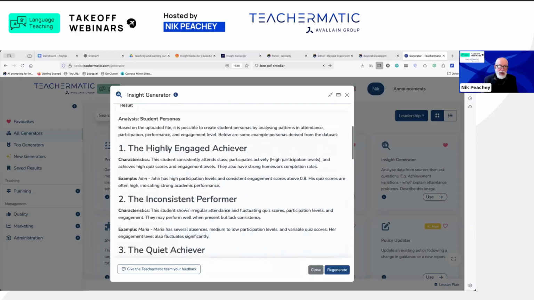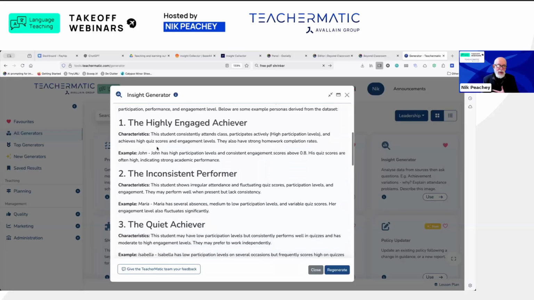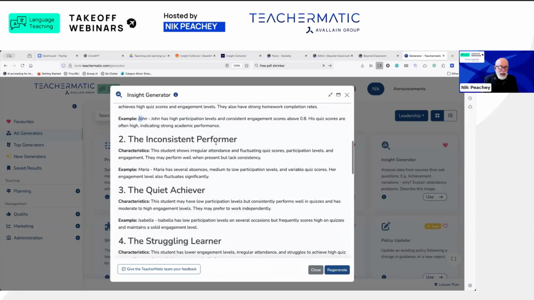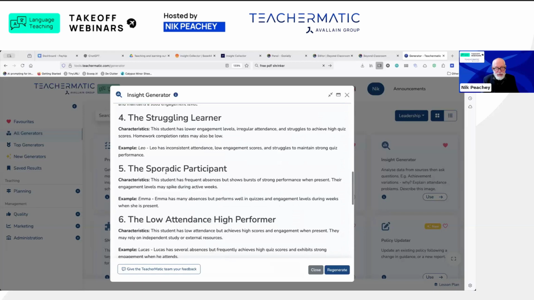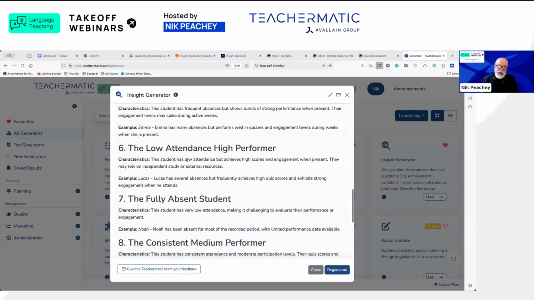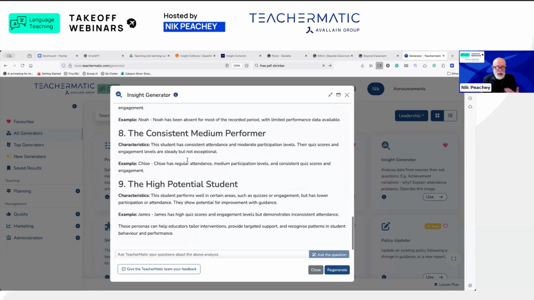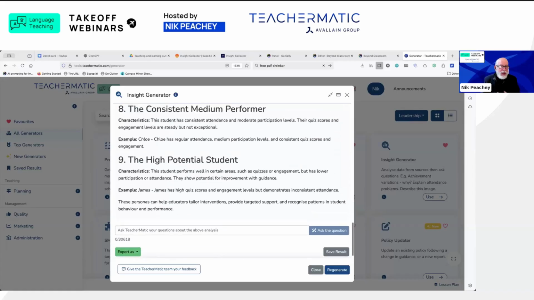If I go back to the top, there's the highly engaged high achiever, and there's an example of John, so I can go and find him if I want to. The inconsistent performer, so there's Maria, gives an example, and it tells me about her. The quiet achiever, struggling learner, sporadic participant, low attendance, high performer. So it's got these 9 different potential personas, and then I can go back into the data and find out what's characteristic about those, and find out what I can do about trying to improve those